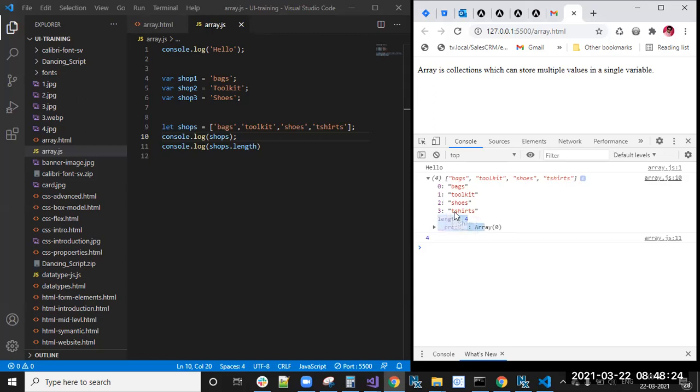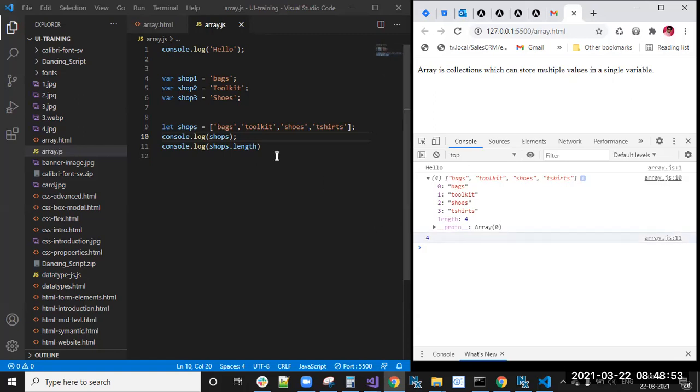Because of that, the third element is the t-shirts. You have seen the length property here also. Shops.length means we will get 4.